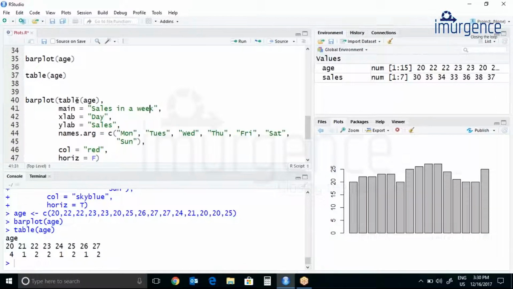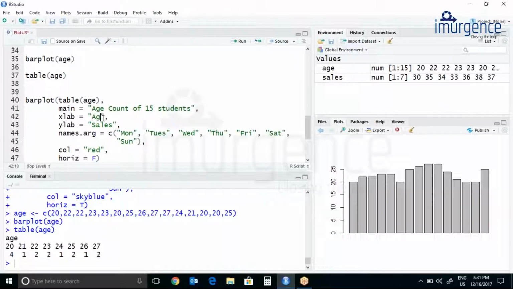Then main. Okay, so age count of 15 students.